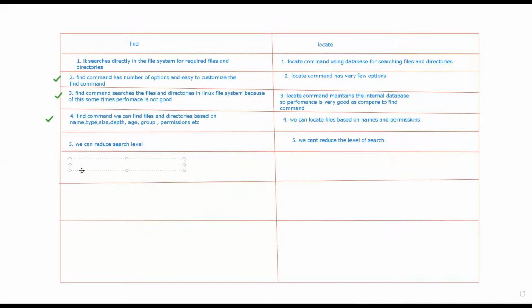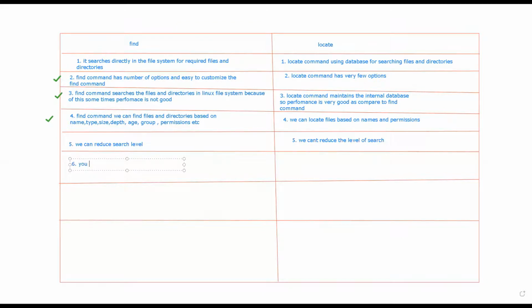Then the find command will produce the accurate result as it searches directly in the file system. So you know that the limitation of locate is a database, which gets updated once in a day, right?